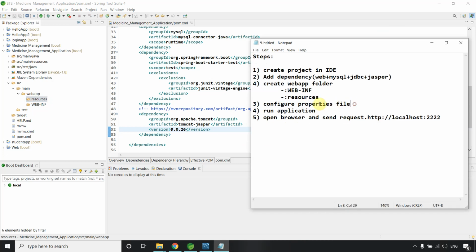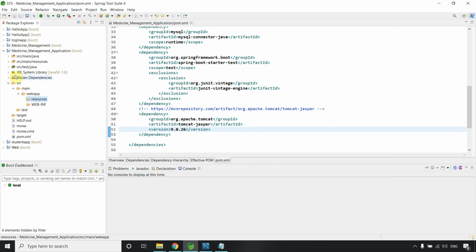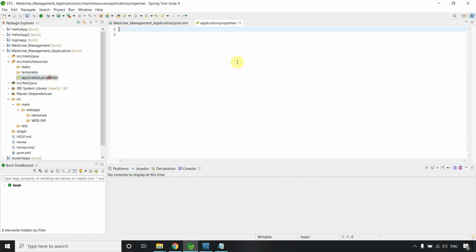Now what's next in the project is to configure the properties file. Okay, I will configure this also. So where is our property file? Under the resources folder. Why are we configuring this? If you have already worked with Spring, there is a properties or XML file where we can give all the things, like data sources and for getting beans and all. But in Spring Boot we are not working on that. We are just doing all the things with the help of annotations.